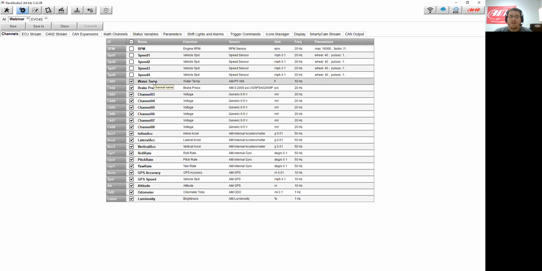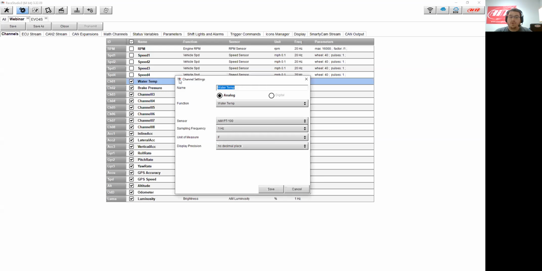But if you wanted to go set up a sensor, you're going to have your harness. It's going to have the label of the channel, channel 1, 2, 3, 4 on the primary. And to add a sensor, you would come into here and double click onto the channel you want to change, and it'll open up a channel settings box. This is where you're able to rename it, program the function, select your sensor, your sampling frequency, unit of measure, and also if you would wish to display decimals or